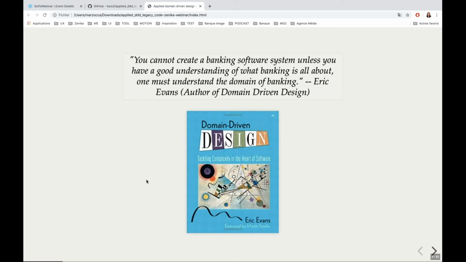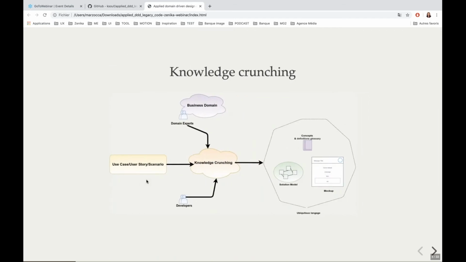Also, domain-driven design is decomposed in three parts. One of them is knowledge crunching. What is actually knowledge crunching? It's an activity between the domain expert and the developer. They're going to analyze some use cases, some user stories, some scenarios, some business need. And from there, they're going to generate what we call